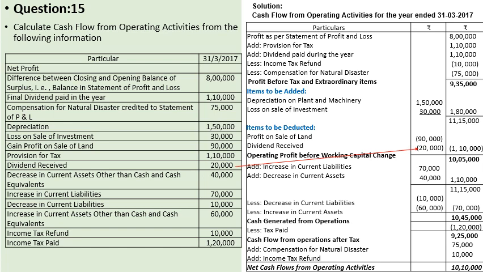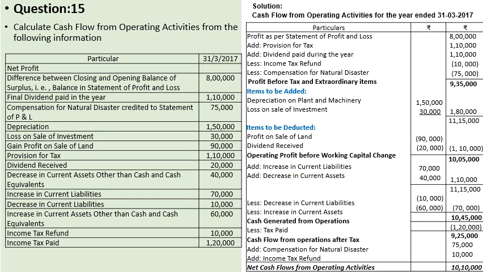Now working capital means current assets and current liabilities. The rule is, if current assets decrease we add it, and if current liabilities increase we add it. The reverse cases we deduct. The first one is the increase in current liabilities, 70,000 is given, and the decrease in current assets is given as 40,000. So altogether it is 1,10,000. We add it to the previous figure